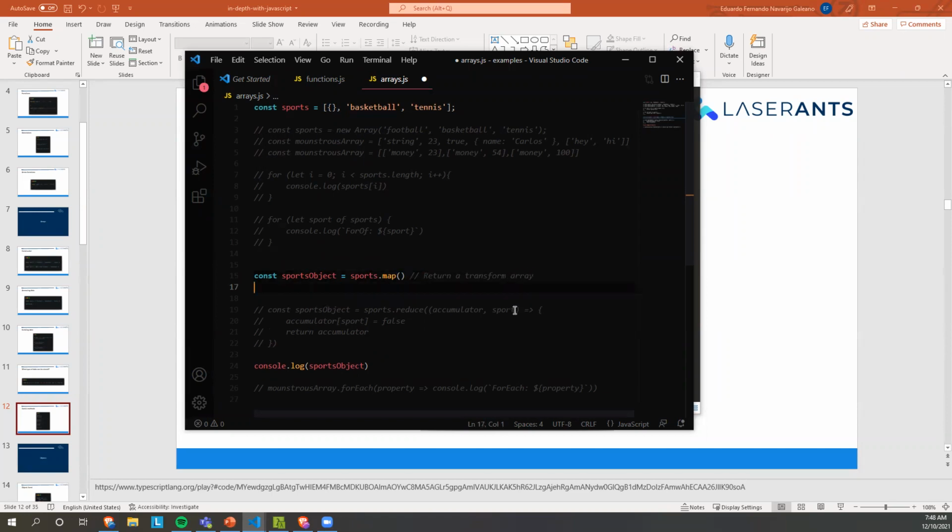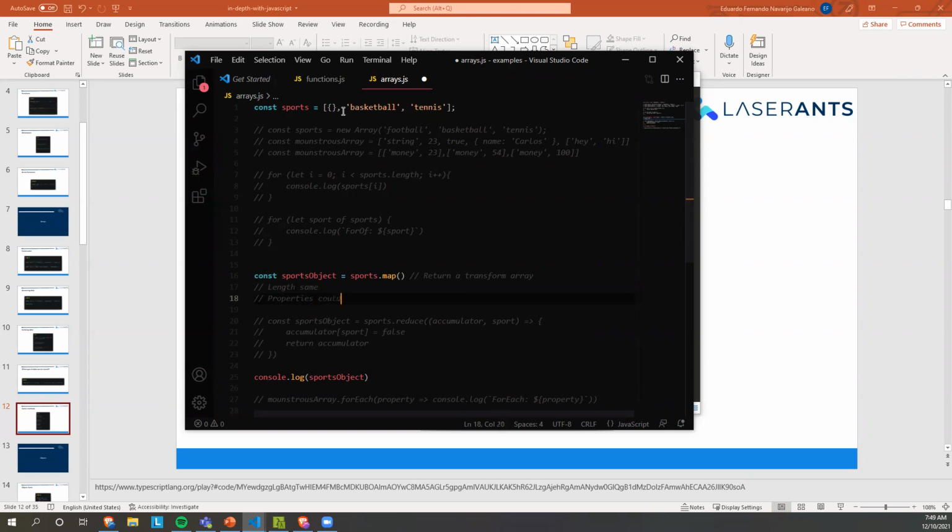That means that the length will be the same, meaning that if we have 3 items, the length of the returned array will be 3 items. We are not mutating which base data we are using to transform the array. Instead, we are transforming each item in place. The length will be the same, and the properties